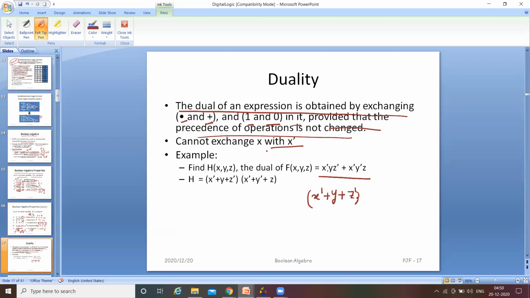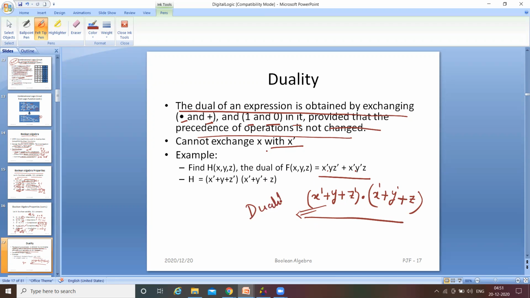The plus operation is there, so therefore the dot operation. And next x prime is there, as it is x prime. Here a dot is there, so therefore plus. Next y prime, write y prime as it is. A dot is there, so therefore plus. z is already z, and these two are like this. This is the dual of f of x. The dual of this equation is